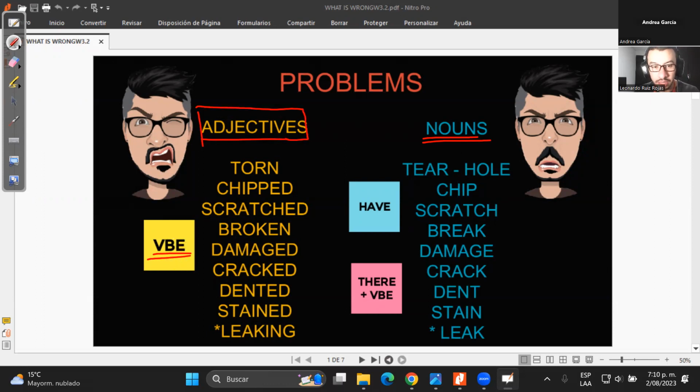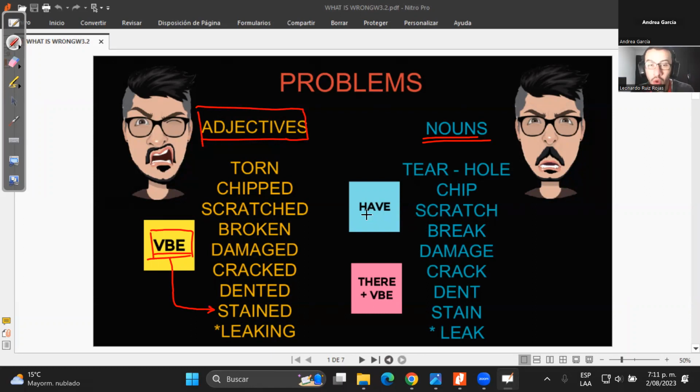For example, the sweater is stained, yes? Because the adjectives are the characteristics that the things are, no? So if it's big or small, in this case, if it's damaged, or if it's cracked, or if it's stained. And when we use the noun form, we're going to use the verb to have or the possibility to use there is and there are. Remember that there is, there are, it's different, no? Because there is, there are, it means haber, no es ser, sino de haber. So when I say there is or there are, it means like allí hay, yes?